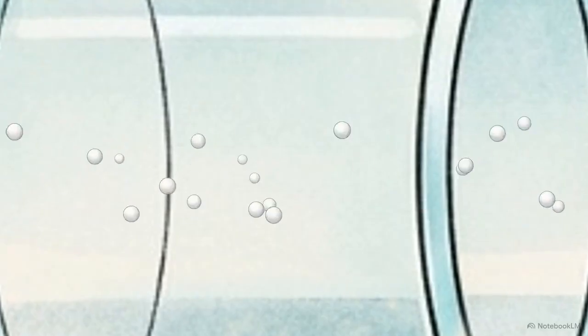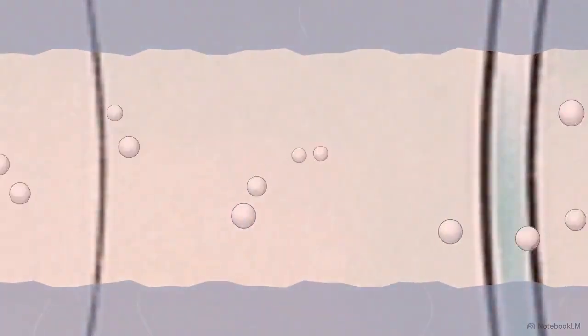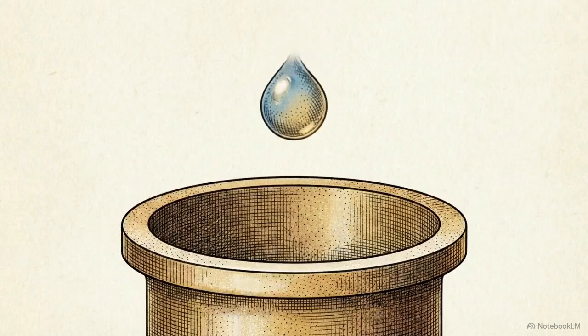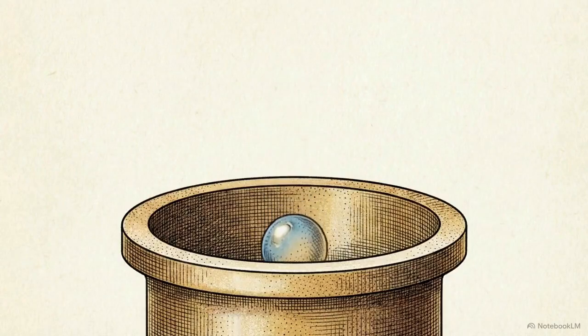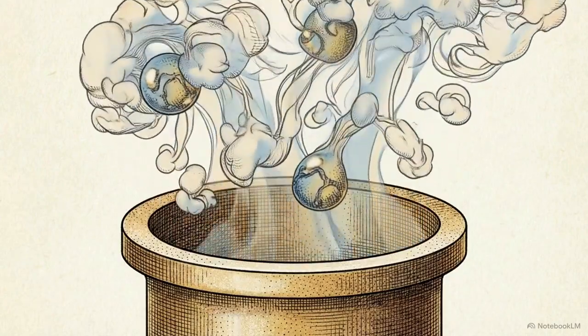The stationary phase is a microscopic layer of liquid coating the inside of a massive coiled tube, housed inside a heated oven. Before entering that coil, the entire liquid sample is injected into a heated chamber where it is instantly flashed into a gas. Inside the column,